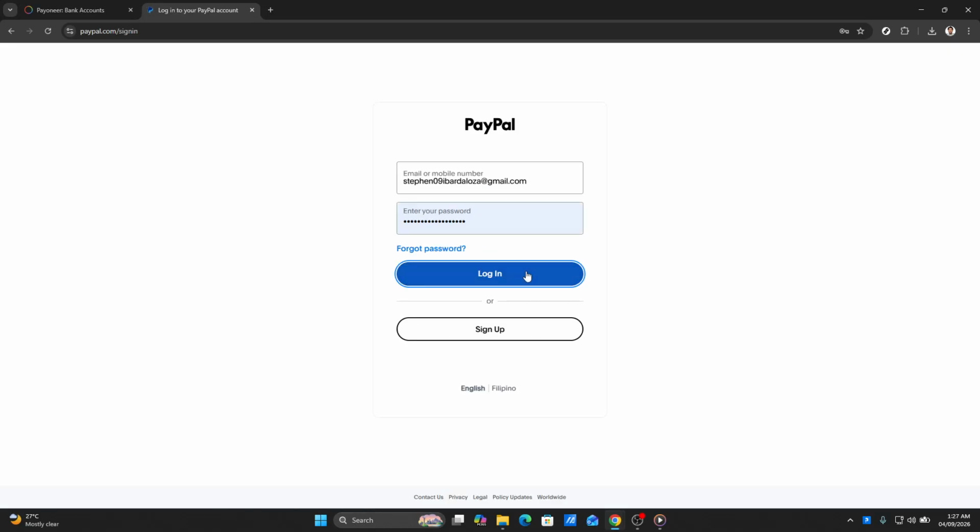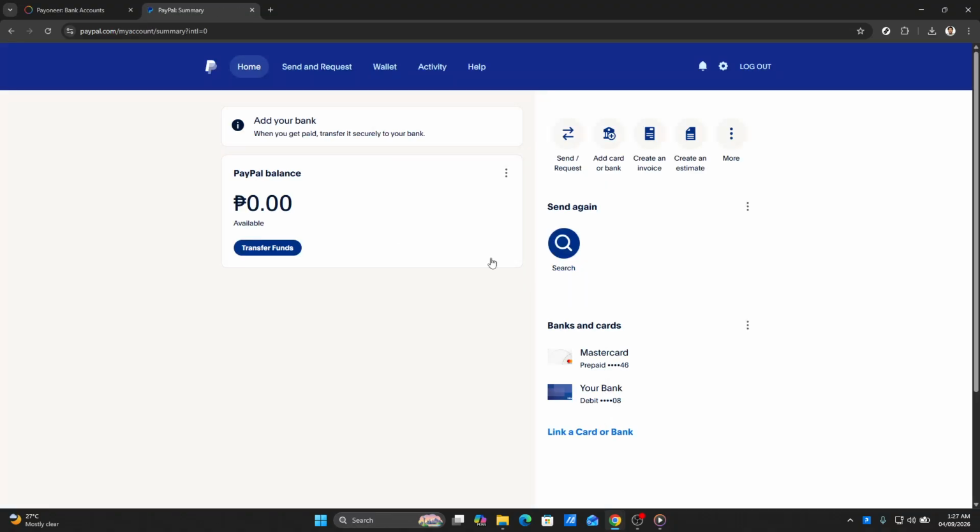While it's not the most direct method, by linking a bank account to both platforms, you can effectively transfer your funds. I hope you found this guide helpful, and if you have any questions, feel free to leave them in